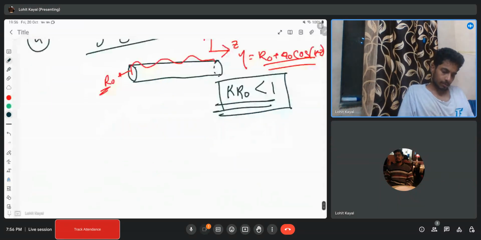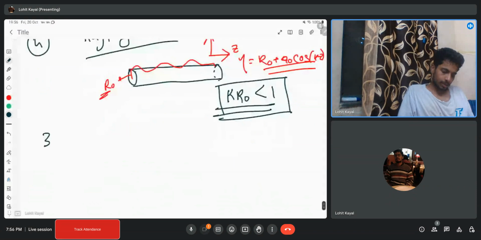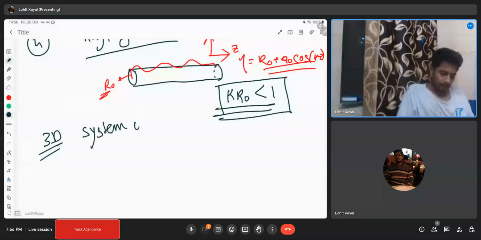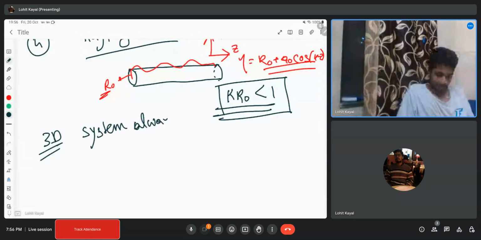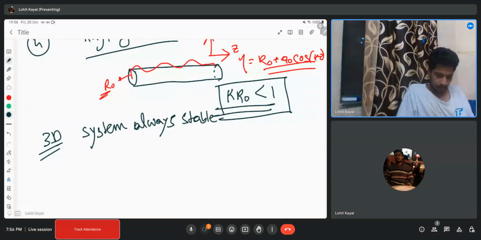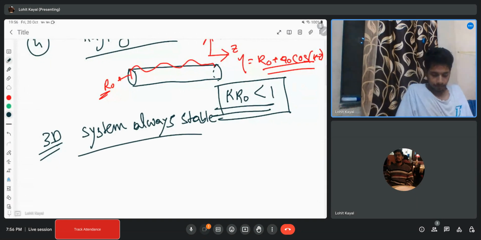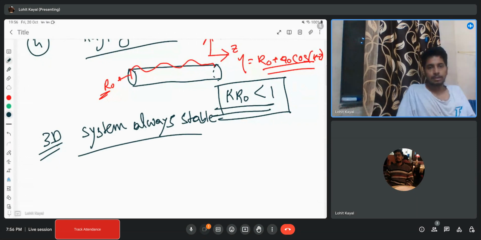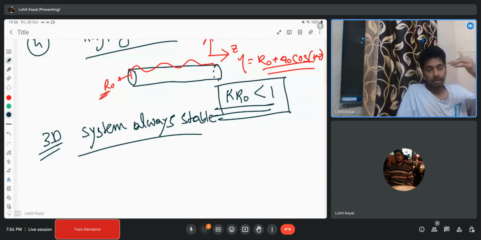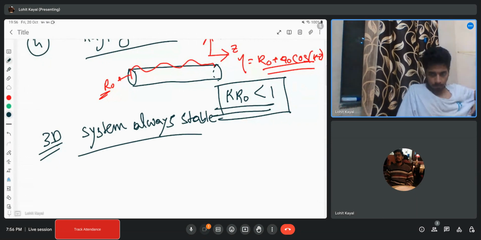For the full 3D case, always stable. Now, when your system is unstable, your linear theory predicts exponential growth, but that